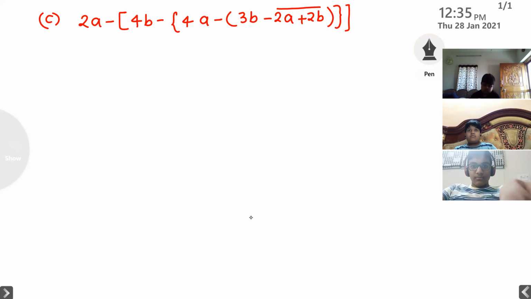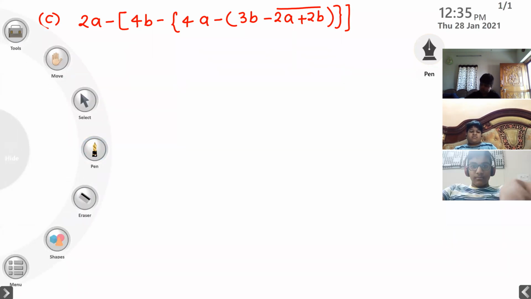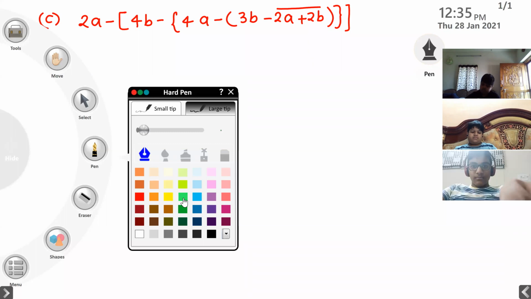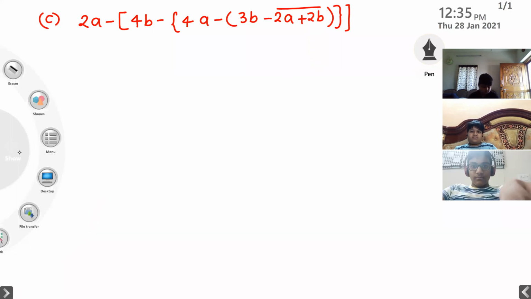Okay, students, I'm going to solve this question. Don't worry. This is a very important question, students. Where students are committing mistakes, concentrate here. Even many teachers are committing mistakes here. Firstly, I told you, we have to solve the line bracket first. This is the line bracket. But before the line bracket, what sign is there? Minus is there. Here only the most important concept is there.